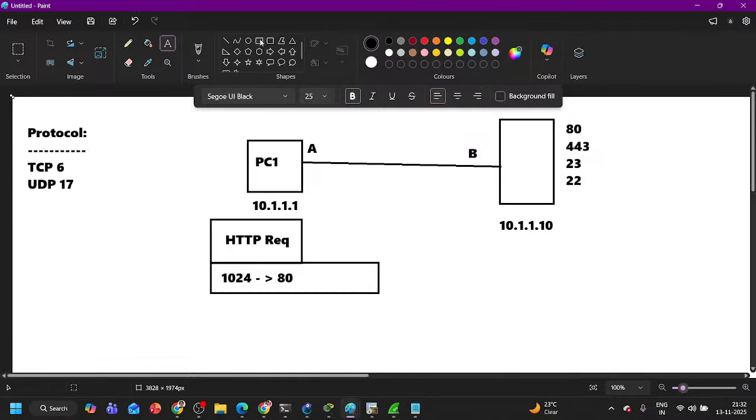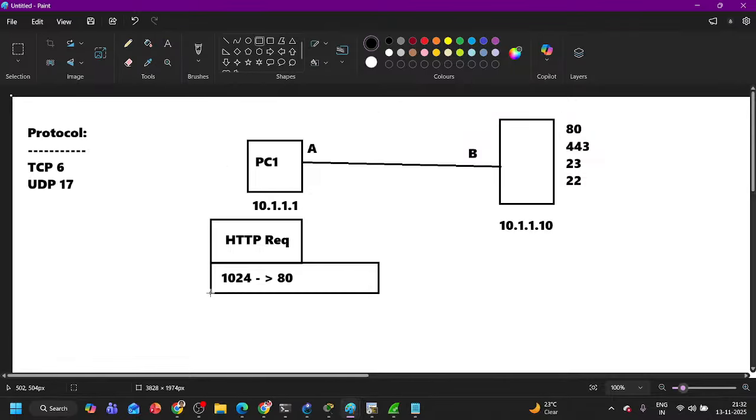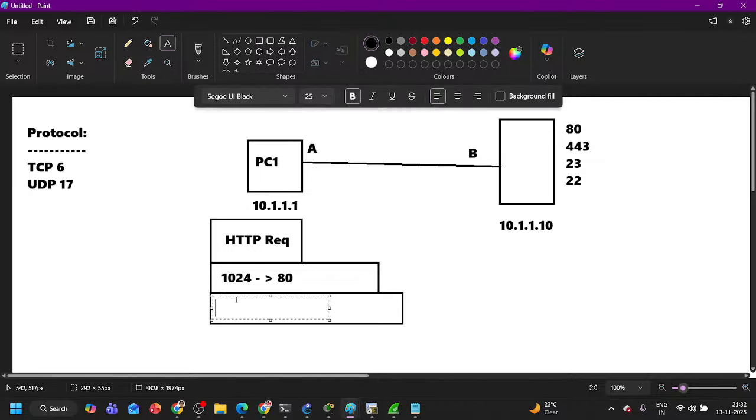Okay, now it will hand over to the lower layer, to network layer. Network layer is going to add source IP 10.1, my IP address, destination IP address, you will tell that 10.1.1.10, and protocol number. Who handed over this data to IPv4 protocol? TCP. So protocol number of TCP is 6. And then